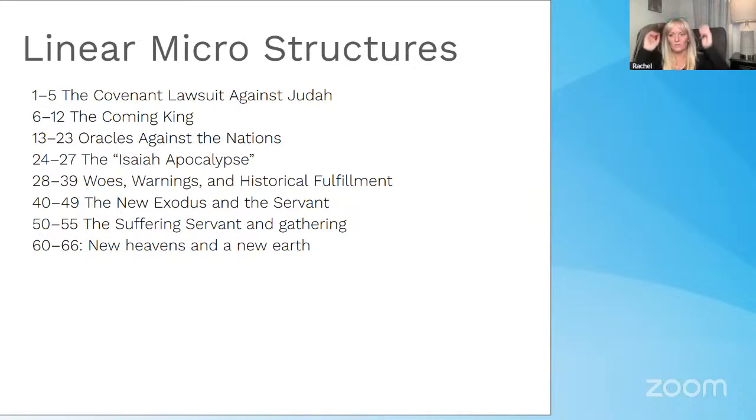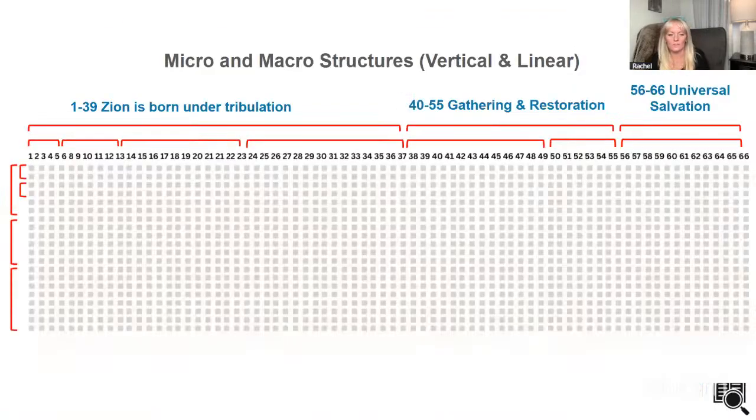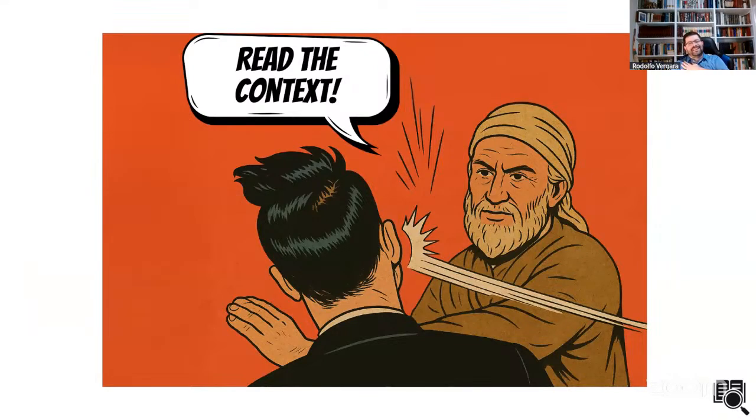I was going to say too, the reason it matters that sometimes you need to read chapters within the unit they belong to is that it helps give you context for what is being discussed. And that's what we are mentioning: we tend to take things out of context, right?